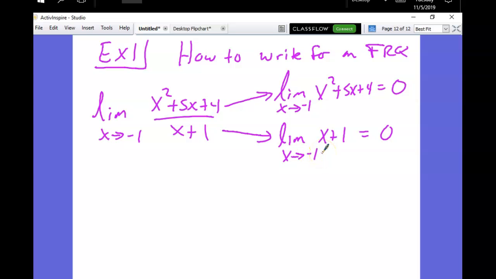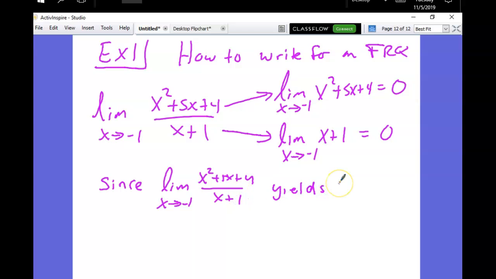And there it is. Now, since I got 0, 0, here's a great sentence to write. Because you don't want to just jump right into L'Hopital. You want to say, since the limit as x approaches -1 of this function yields 0 over 0, we can say